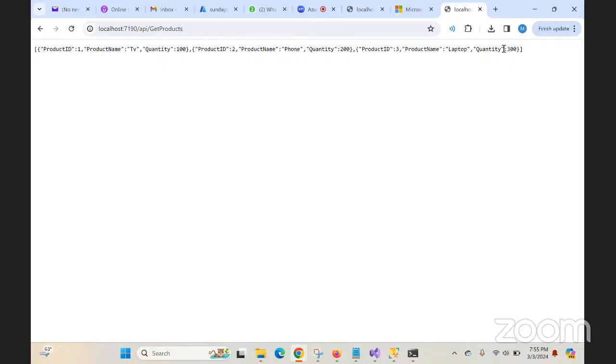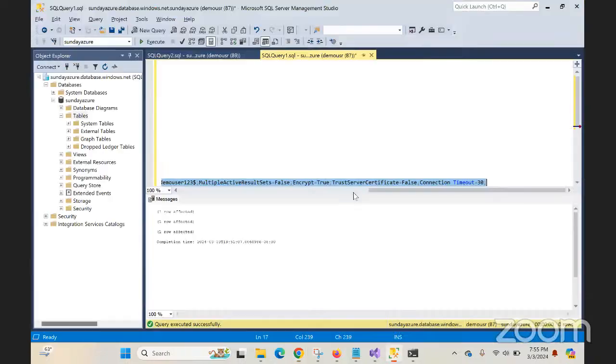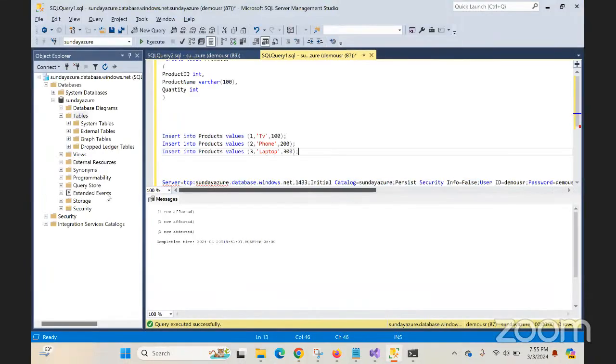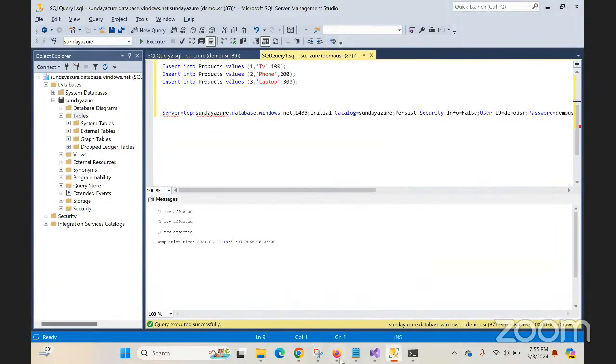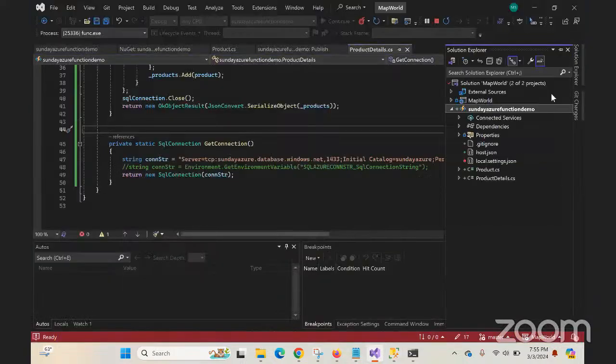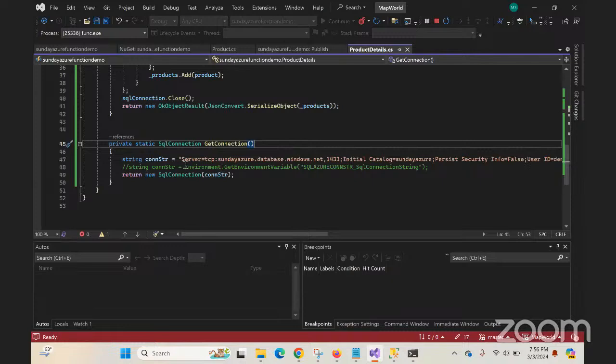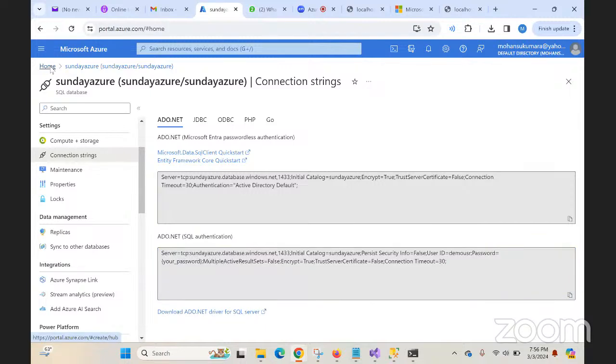Okay, so we are getting all of this running from local. If you want to push it to our Azure, simply just publish. The main thing you have to remember here is how to address this Azure connection string. So the key thing is, when you go to the Azure Functions,